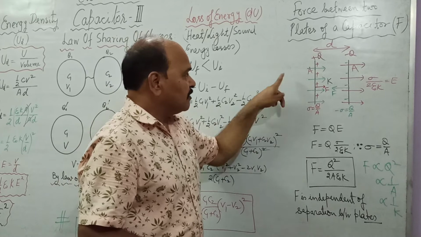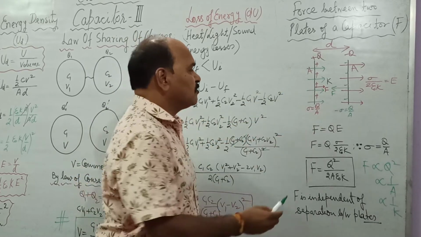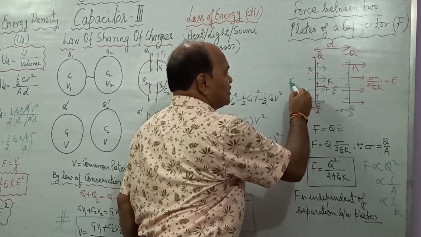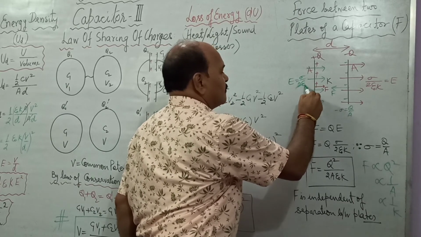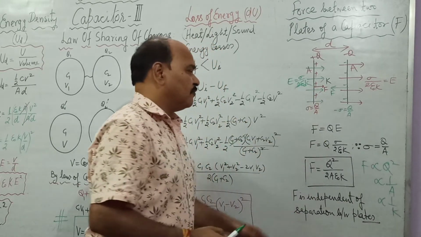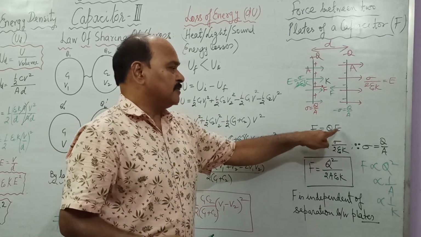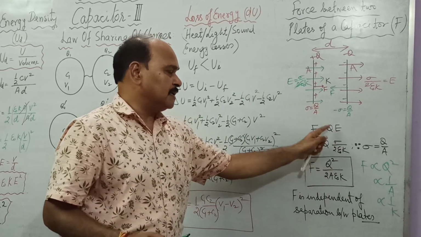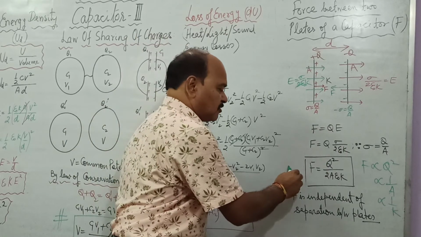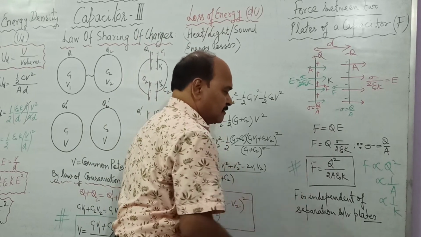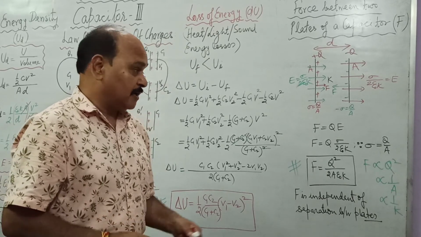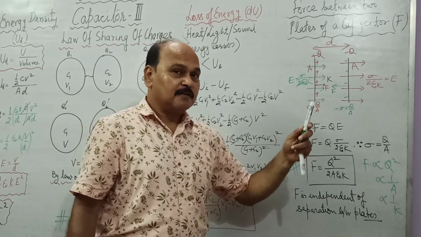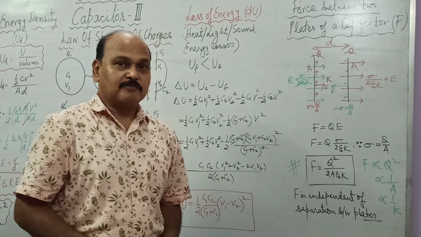So the force over this plate is also F, and this F is also going to be the value of charge into electric field. Electric field is as usual the same, E is sigma upon 2 epsilon naught K. So force is going to be QE. You substitute the value of E and solve it. The expression of force comes out to be the same. So force doesn't depend upon separation between the two plates, and of course, since the forces are towards each other, the forces are attractive.